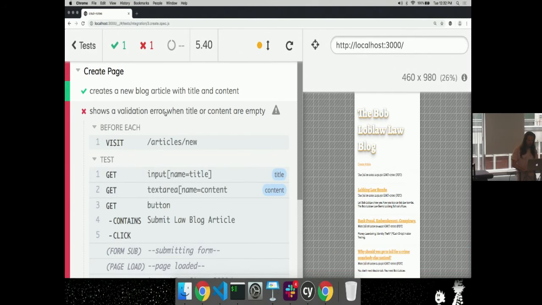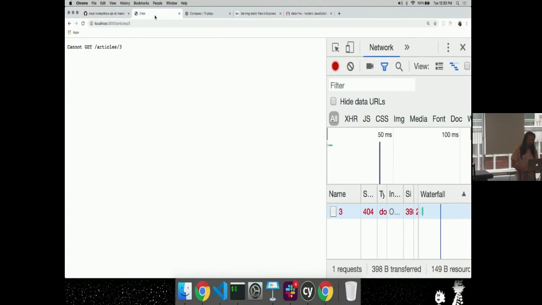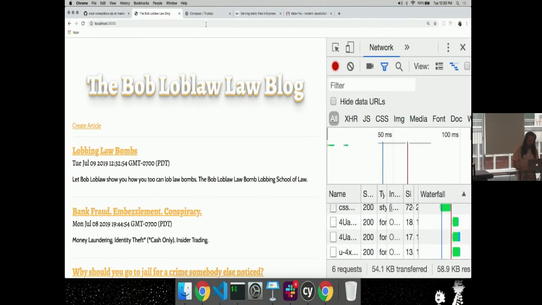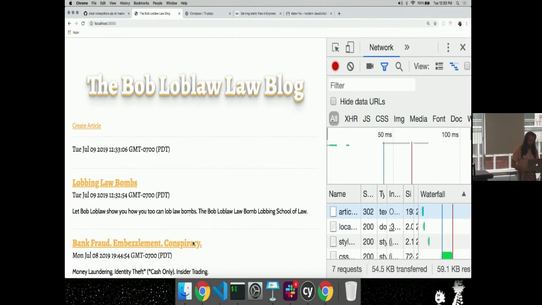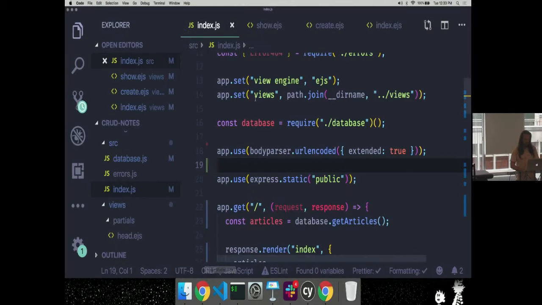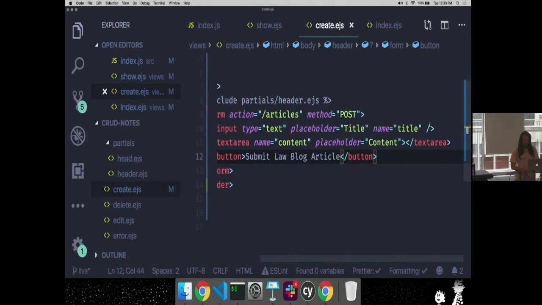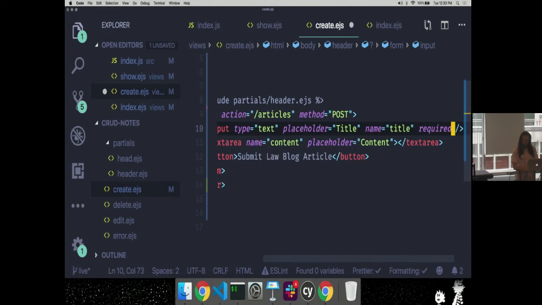So it says, shows a validation error when title or content are empty. My app right now will allow me to go and create an article that has no content, no title. So I want to have these fields be required, and the easiest way I know of is to actually make these fields required just right here.